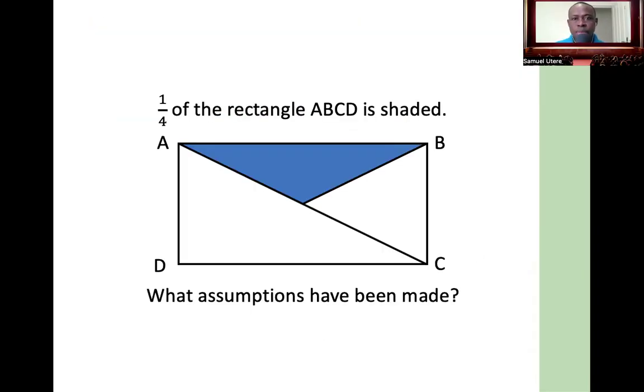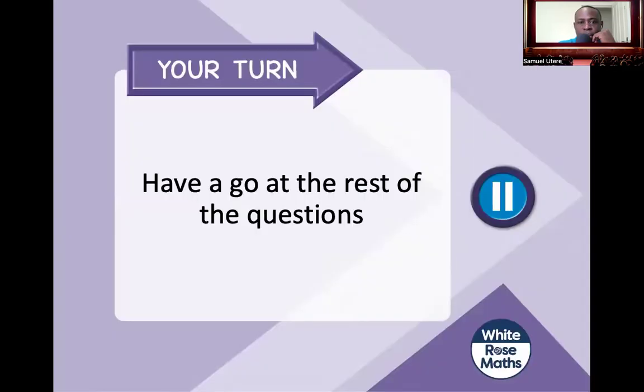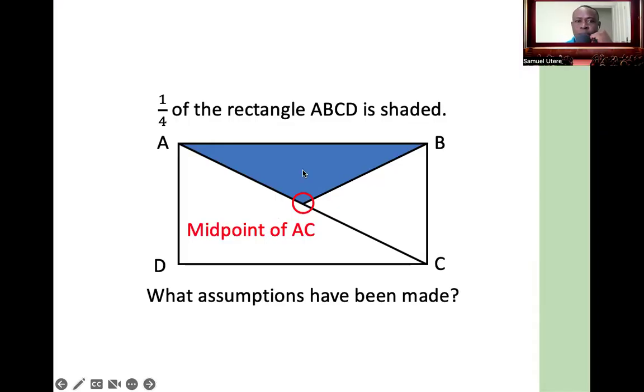1/3 of the rectangle ABCD is shaded. Do you agree? What assumptions have we made to be able to say that a quarter of the rectangle is shaded? Well, one assumption we could make is, what if we assume that that is the midpoint halfway between A and C, and we put lines all through? What if we now put lines? We say, okay, if this is the midpoint,